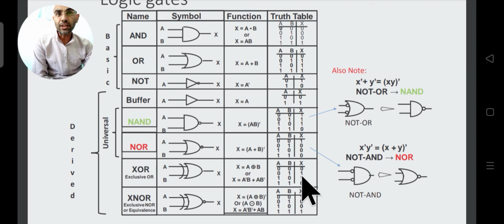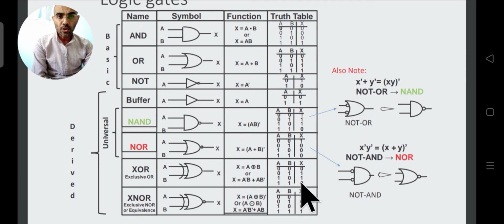It means the output will be 1 only when the two inputs are different. If one input is 0 and the other is 1, you get the output 1. Same when A is 1 and B is 0, you also get 1. And when both inputs are the same or equal,